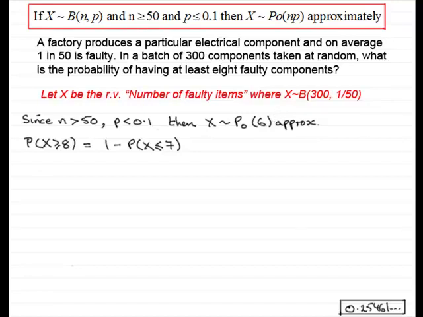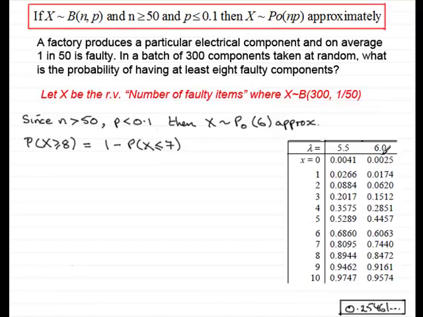If we bring up a set of tables, here we are, a typical set of tables which you'll find generally at the back of any statistics textbook or in a book of statistical tables. In this particular extract, we've got lambda, that's the mean, equaling 6. We've got the observed values x going down here, and all we need to do is look for 7, and we have the probability of x being less than or equal to 7 given here,